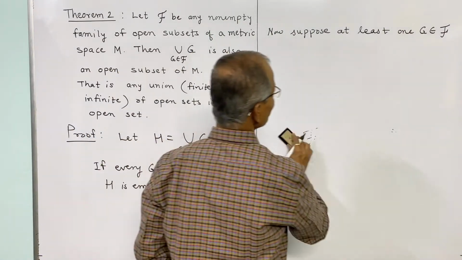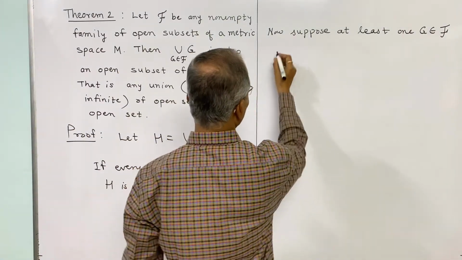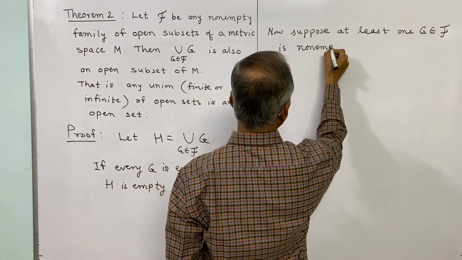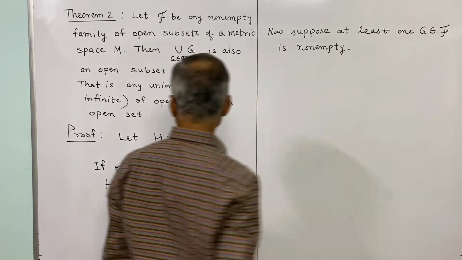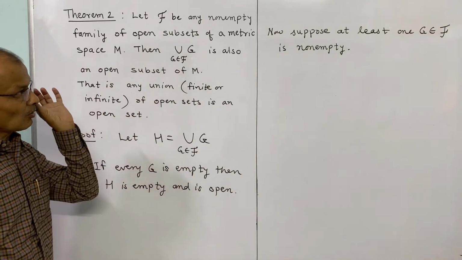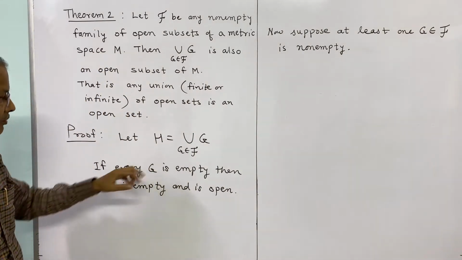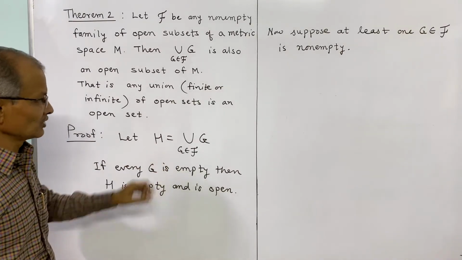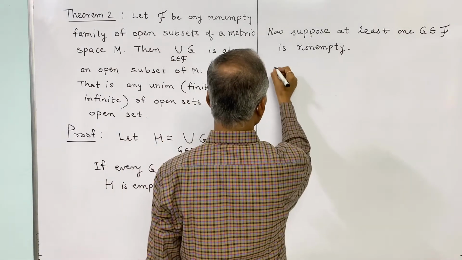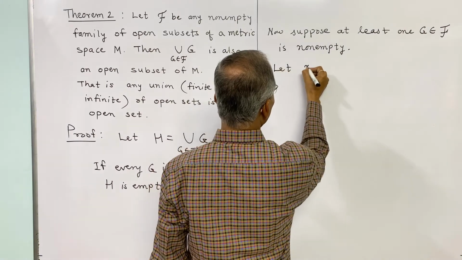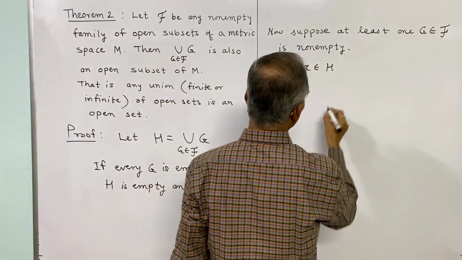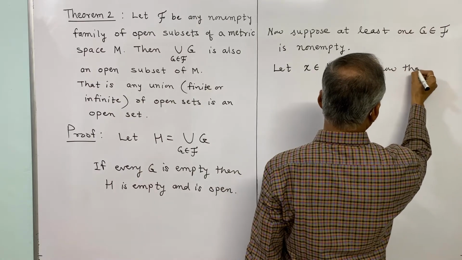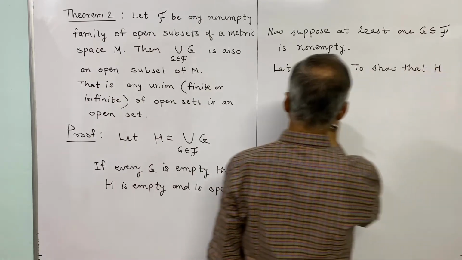Suppose at least one G belonging to F is non-empty. Now to prove H is an open subset of M, we have to consider x in H. Now let x belong to H. To show that H is open,